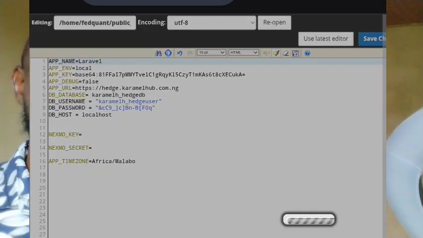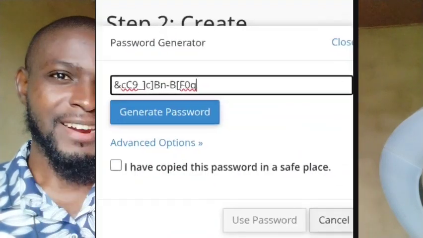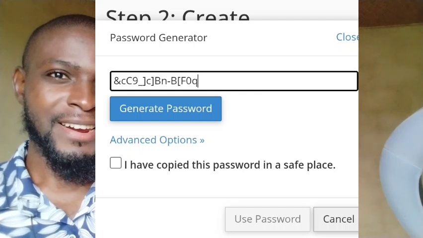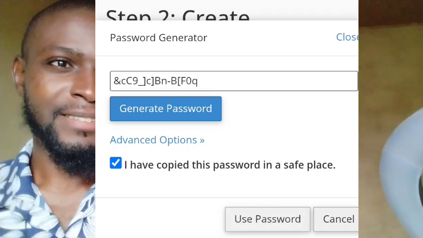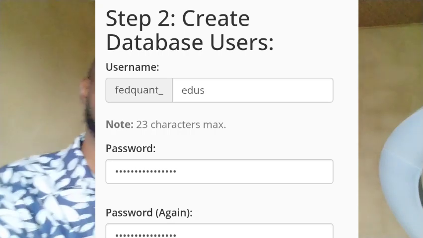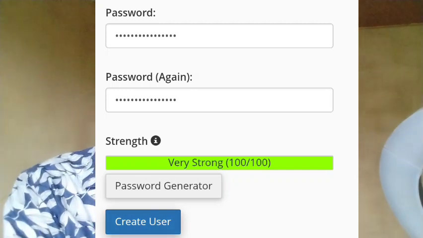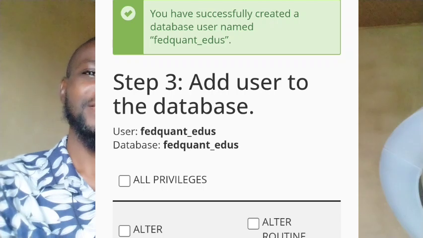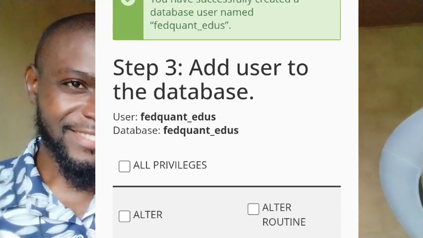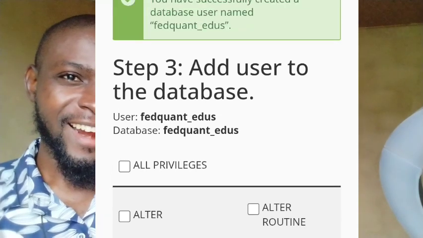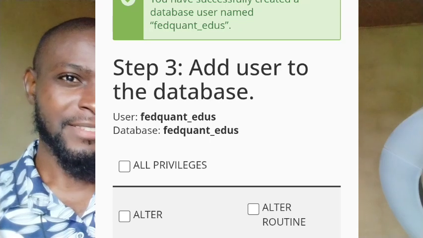Let me save it so that it will not refresh when I come back. I'll now go back again. I'll tell the system I have copied this password in a safe place. You tick it, then I'll tell the system to use this password for me. So I now said create this user, right? Then are you seeing it now? You can see the database user and database name. Because the two of them are the same thing, I'll copy the two of them,